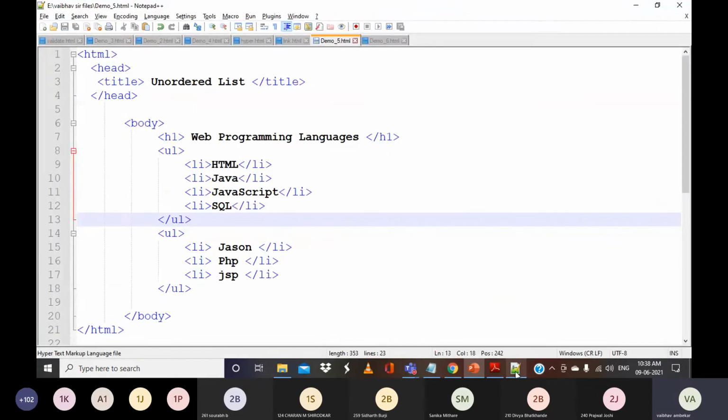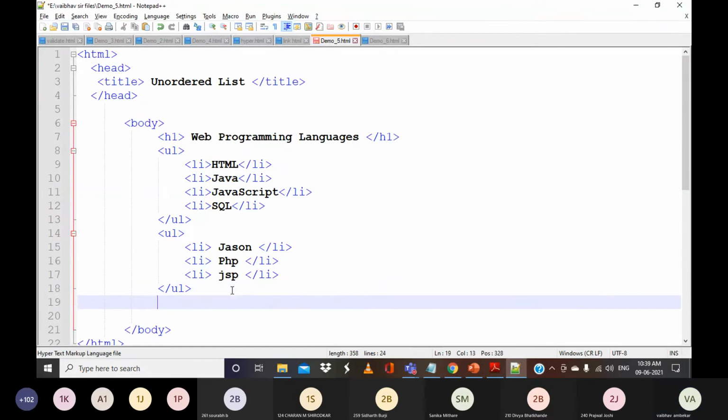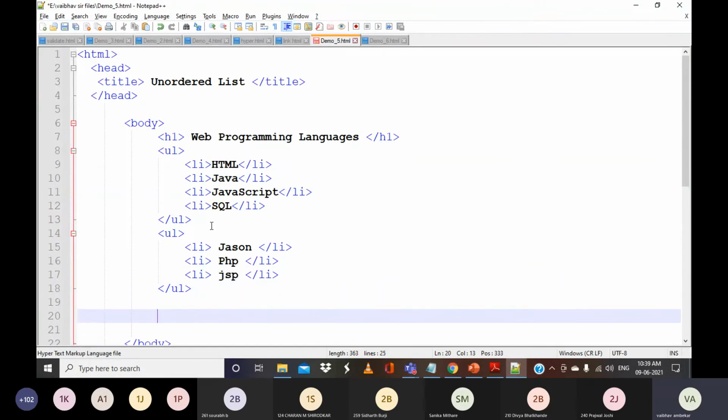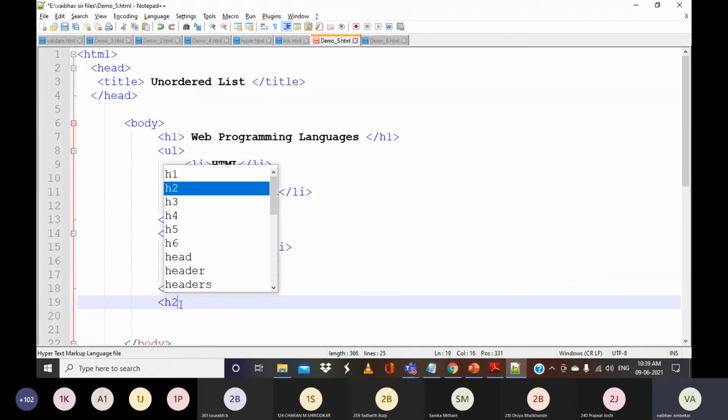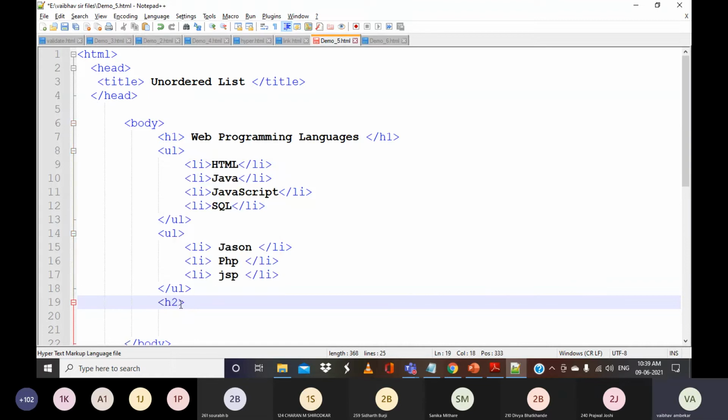So we'll just modify the same program. Same thing, I will copy. Instead of this, I will put, for example, H2. I will say list of fruits.